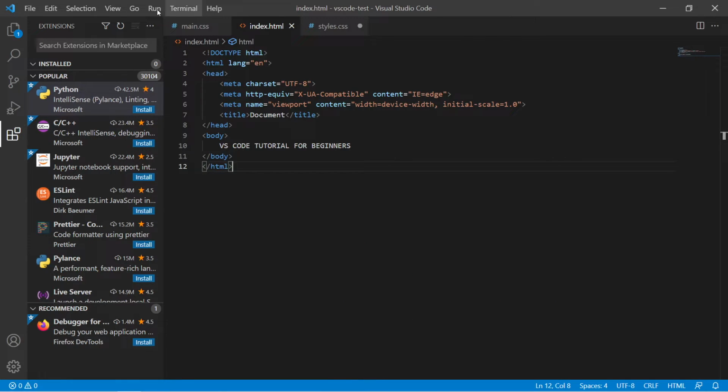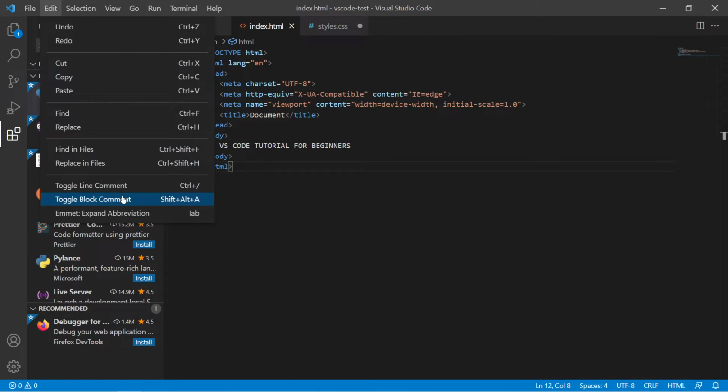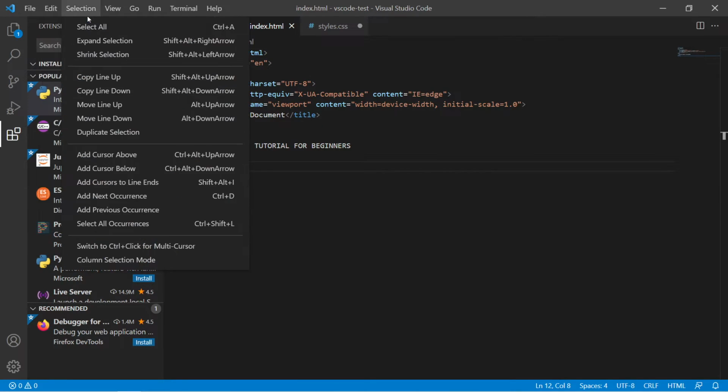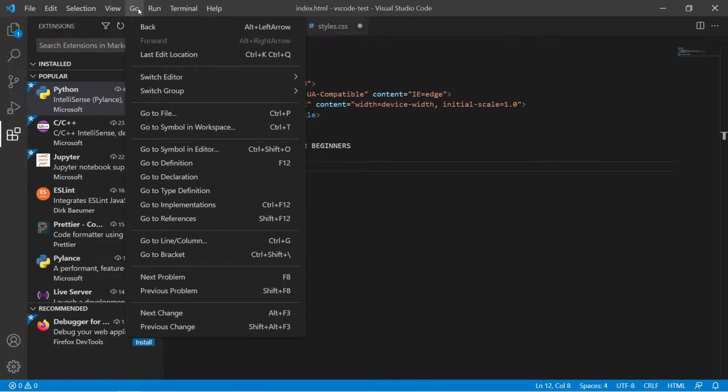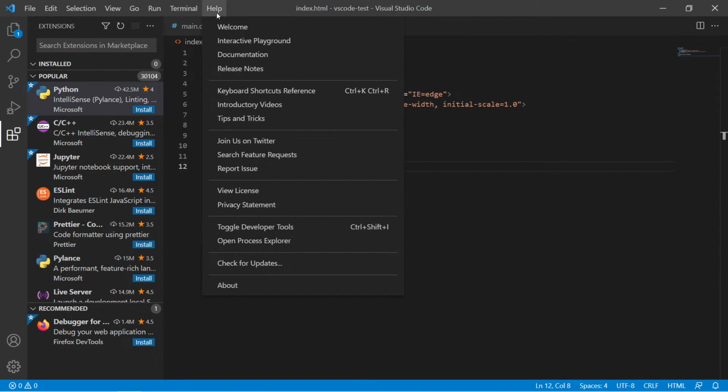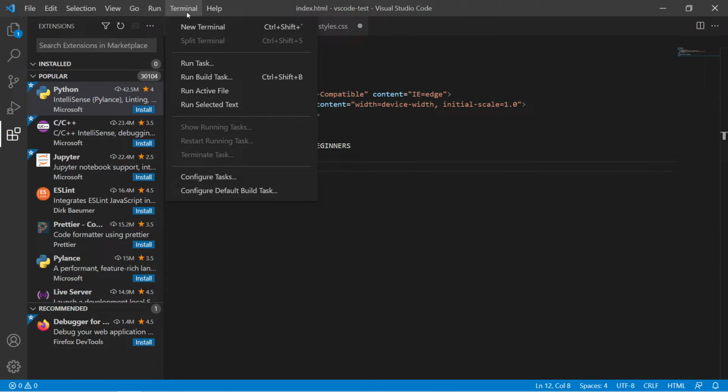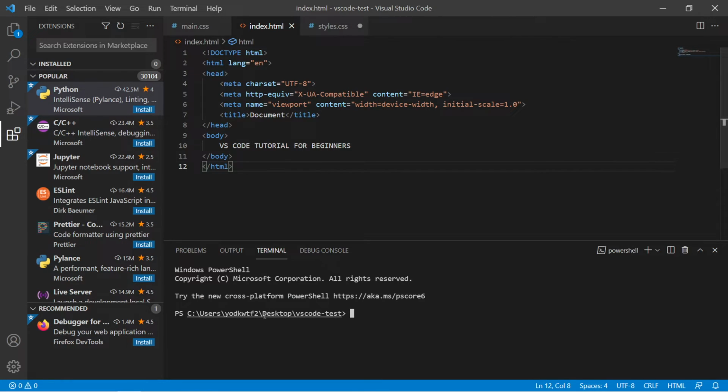Then above we have a few more options that you can use to tweak things around. Like we have this undo, redo, cut, copy and so on. Then we have selection, copy line up. We have different views. Then we have this run and debugging options for again languages like Python and so on. Then we have a help tab, and one of the most important tabs we have here is terminal. Basically it does all the things that you can do in a normal terminal like command prompt or Windows PowerShell. And we are again going to take a look at it in episode 5, I guess, and it will be in much more detail. So hold on to that.